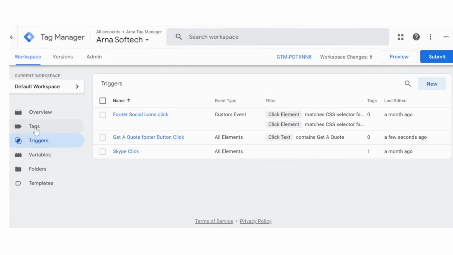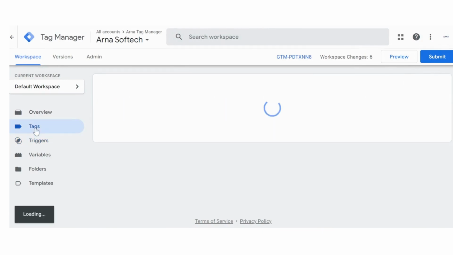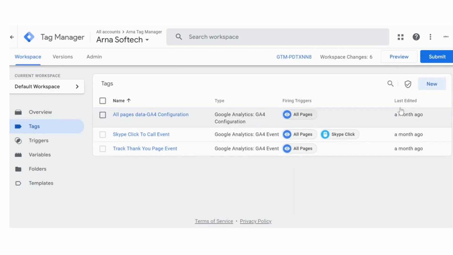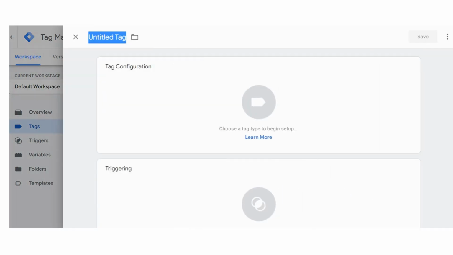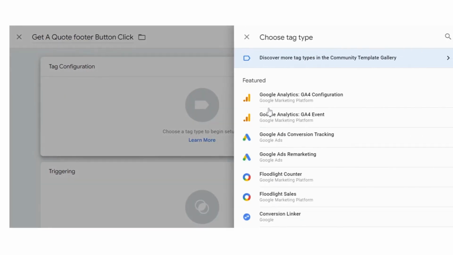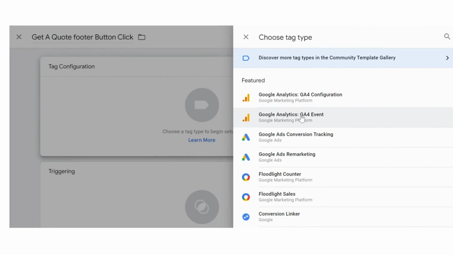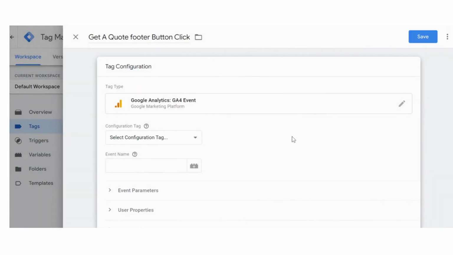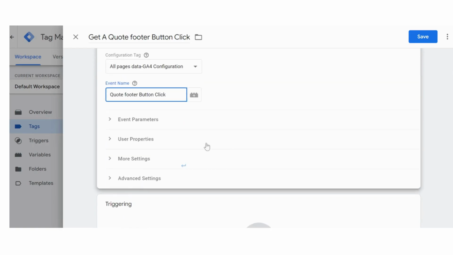Now let's create and fire a tag. We'll start with creating a new tag. We will click on New and name it. Click on tag configuration and choose Google Analytics: GA4 Event. Select the configuration tag of GA4. Put the event name here